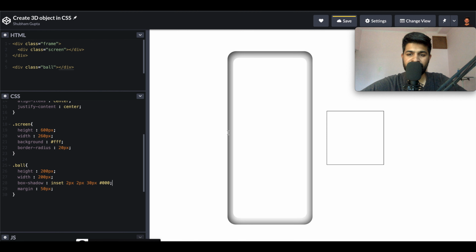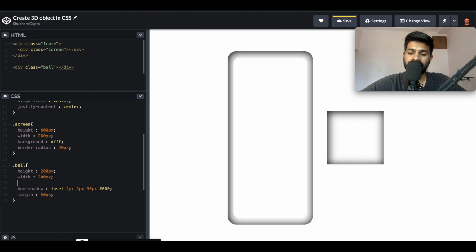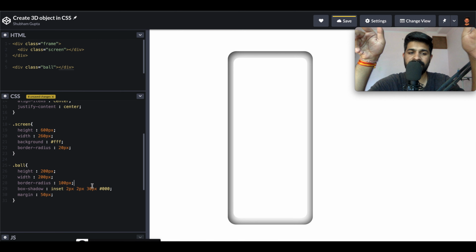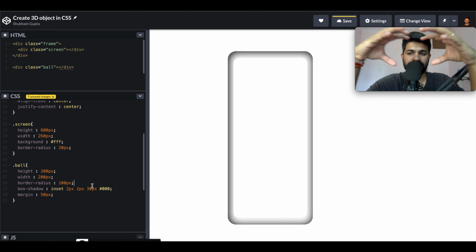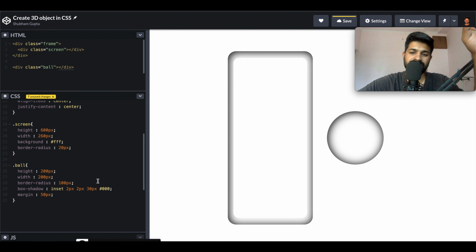This way we have a kind of square. And if we sharpen the edges this way with the border-radius property, the shadow will come from the circumference. So here you can see the sphere.